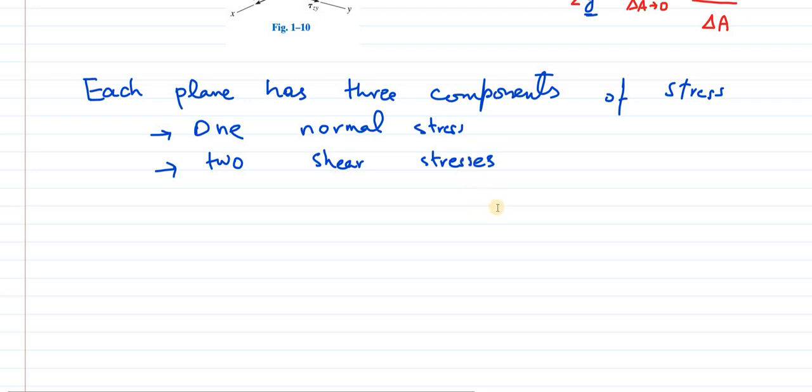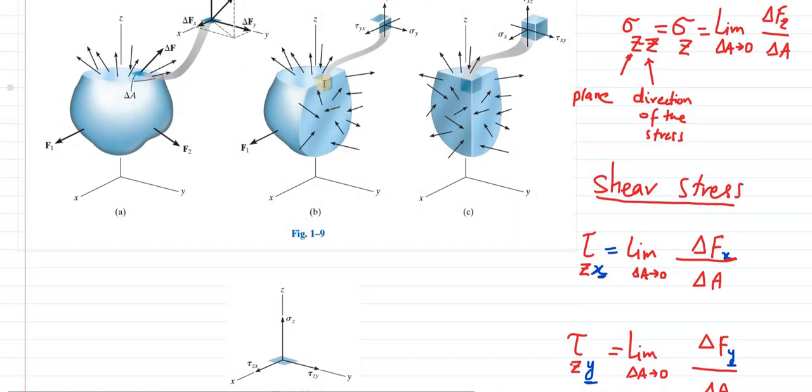So how many planes can we consider in total? So far we have considered three planes, the x plane, y plane, and z plane, and we can see that these planes are forming a cube. We can see three faces of the cube at this stage, but of course the total number of faces is 6. Just as you have the positive z plane, the top one, you will have a negative z plane just below. I mean the top face is the positive z face, and the bottom one would be negative z.